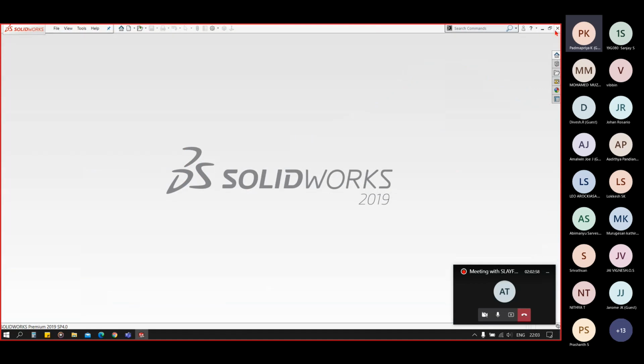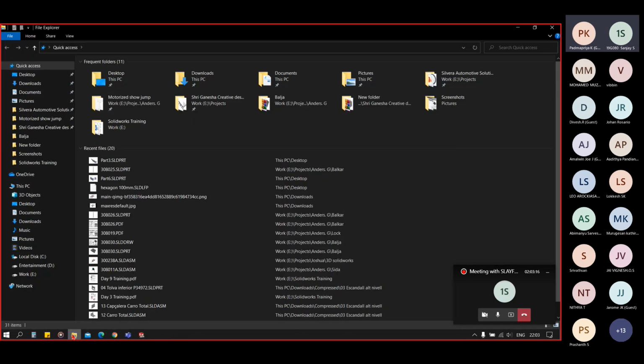Okay, anyone, any more? Sir, would you show the section view in drawing? Like if you do a part and in the tab in the upper portion there is a section view, we can do the section. Yes, the same will be done in drawing. So you basically want the section view. Okay.